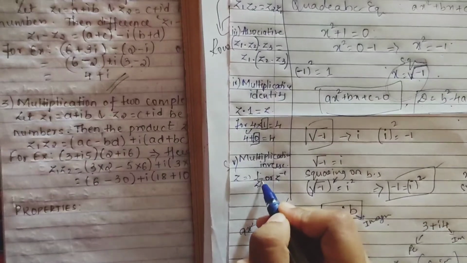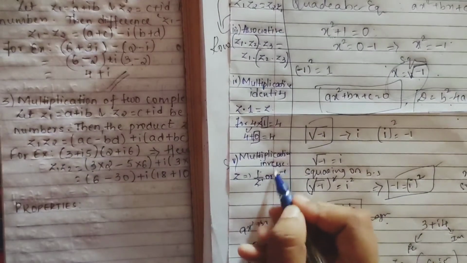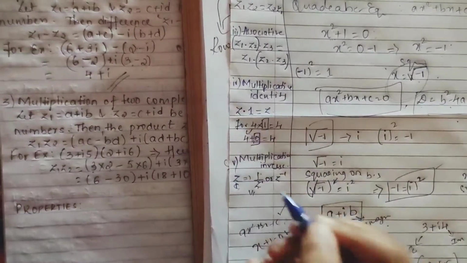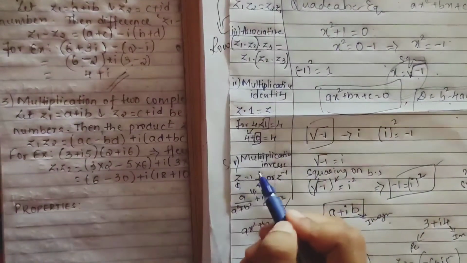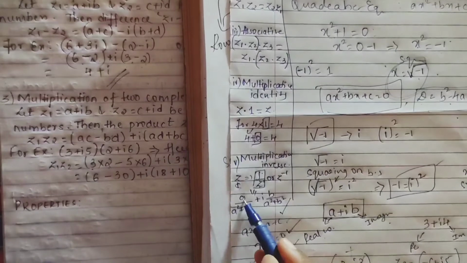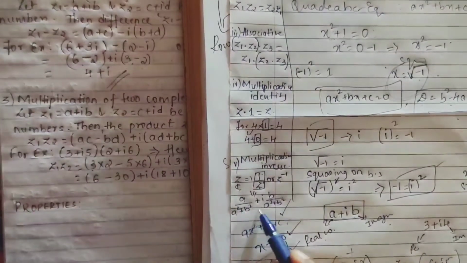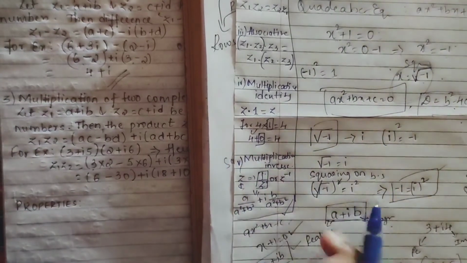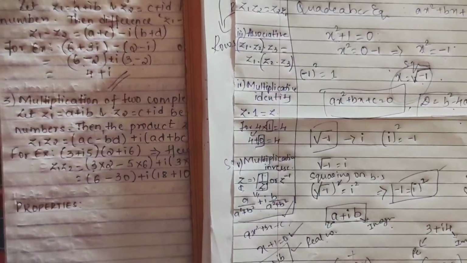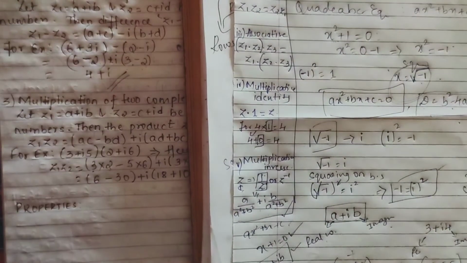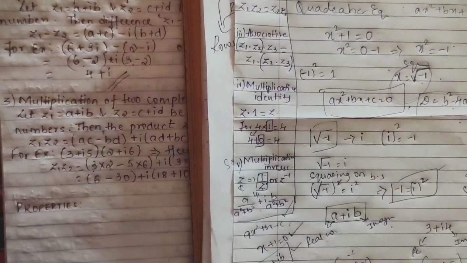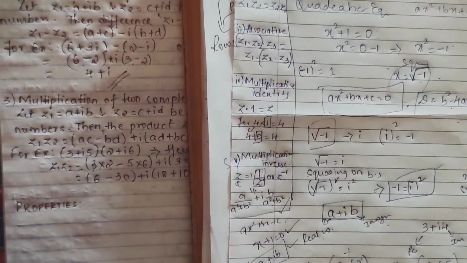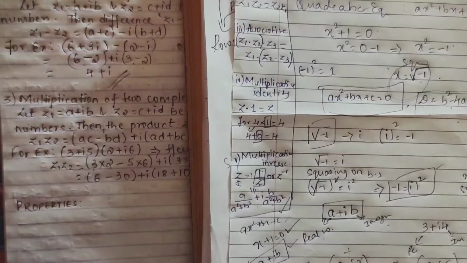Here see, it will be plus 1, and when it goes up it becomes minus 1. So this 1 by z is given as a by (a square plus b square) minus i of b by (a square plus b square). So these are the properties of your multiplication. Same, I'll show you what all to write. I'll mark it. These were just the main points I explained to you. It is very easy, I know you have understood.